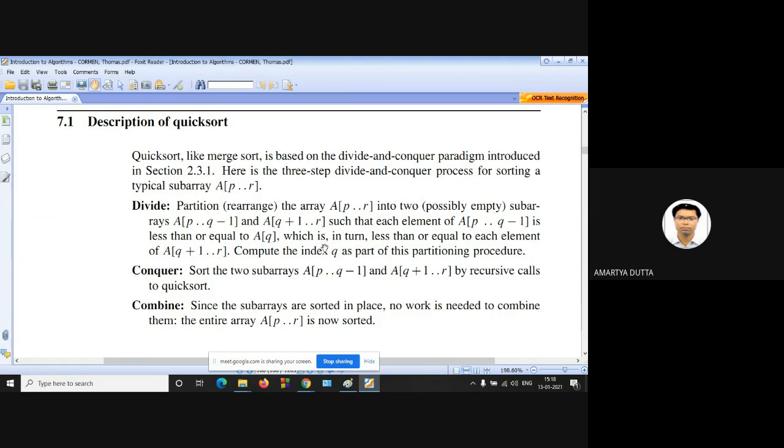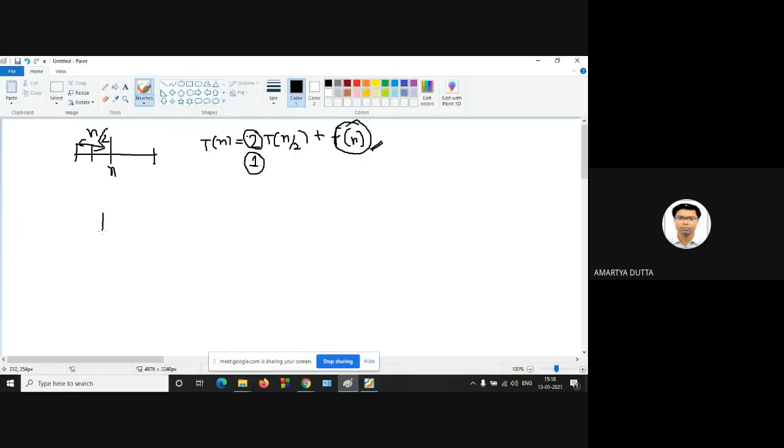Now this is your array A. This array runs from the first index P to the last index R. Now you have to divide this array into two halves.